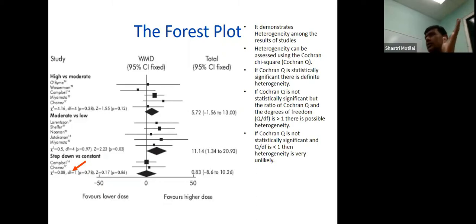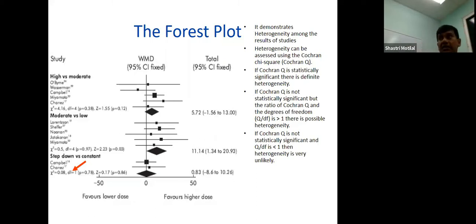Now, why is that important? One of the limitations of the meta-analysis technique is that if the studies produce different findings, it's inappropriate to combine the studies into a meta-analysis. So we want the studies to show similar findings before we say, let's combine them in a meta-analysis. If the heterogeneity is significant, so if the p-value here is less than 0.05, then you conclude that significant heterogeneity exists, and it probably was not appropriate to combine the studies in the first place. Right? That's the interpretation I'll leave here.